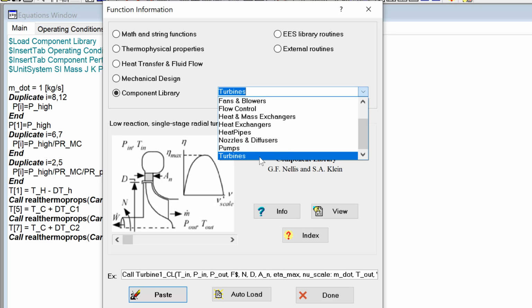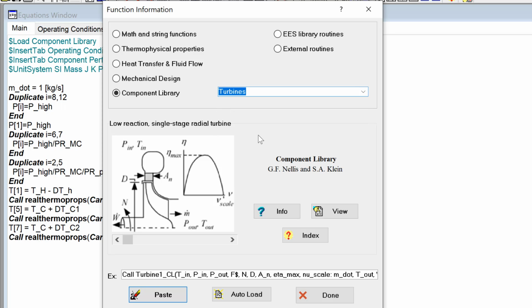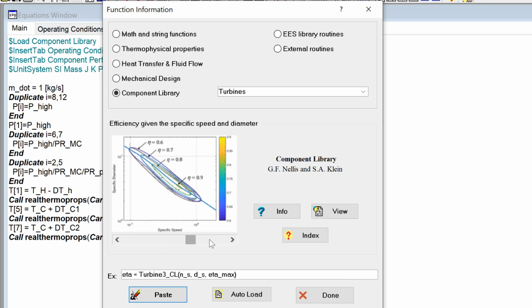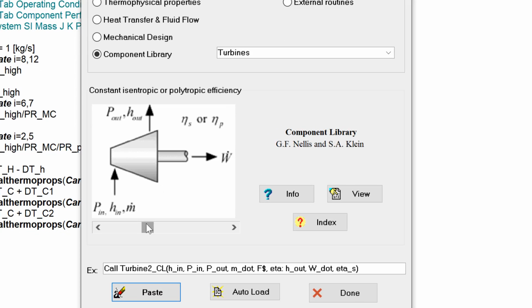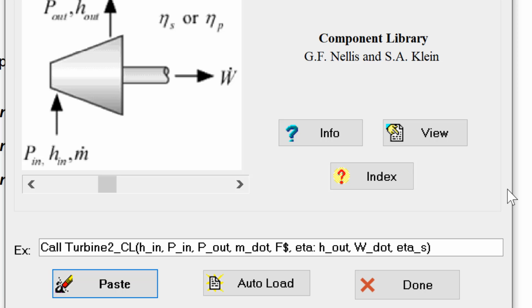I'm looking for turbine models, so I'll select turbines from the drop down menu, and then scroll through these various models, and it looks like the second one, turbine 2_CL, is appropriate, right? I can provide this with the inlet state. The inlet state here I'm going to provide with the enthalpy and the pressure. I'm going to provide it the outlet pressure, the mass flow rate, the fluid, and then I can either provide it with the